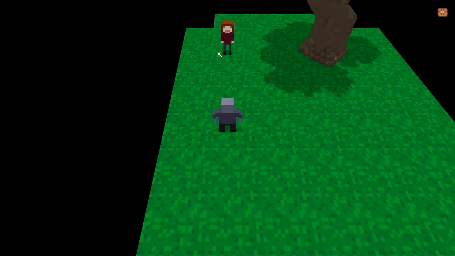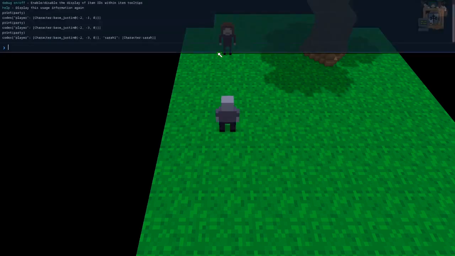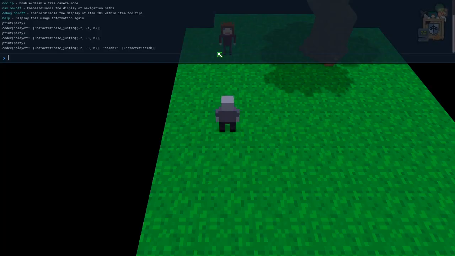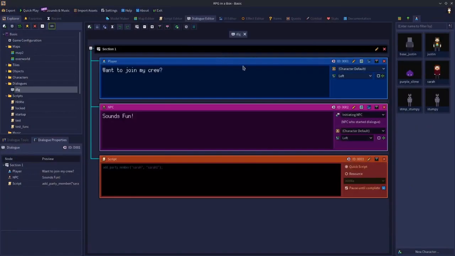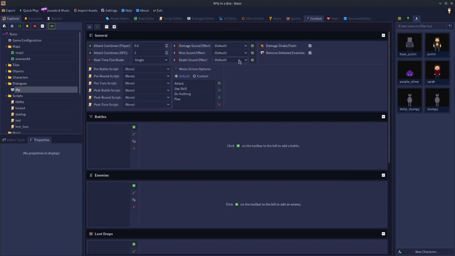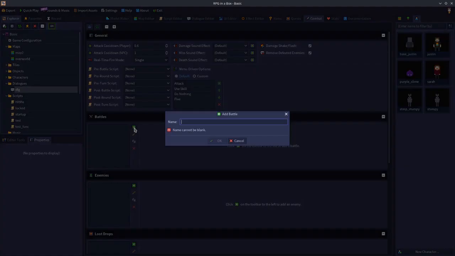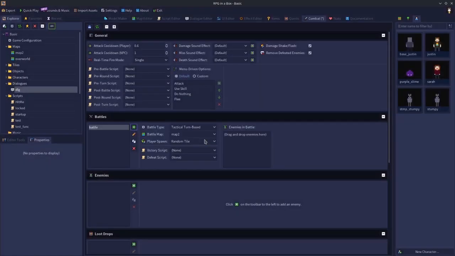So what are party members actually used for? When do they actually come into play? If they're invisible, if they're just something that's added to a database, where do they actually come into use? Well, let's go back to the editor. Party members come into play in combat, in the combat tab, whether it be let's just add a battle, whether it be a tactical turn-based battle or a menu-driven turn-based battle. These are where your party members, if you've got any,